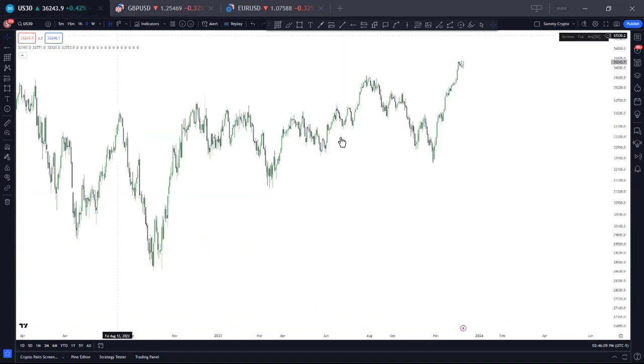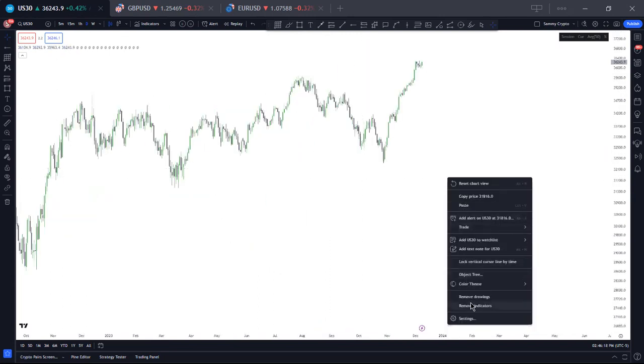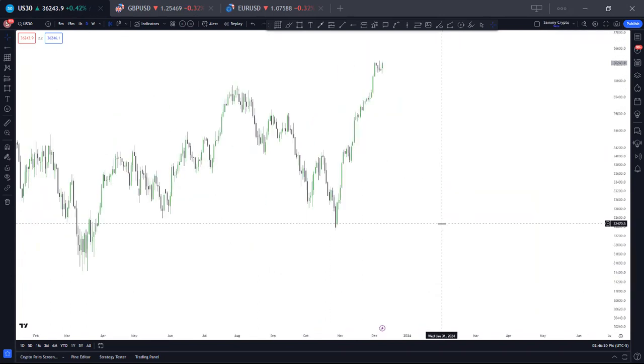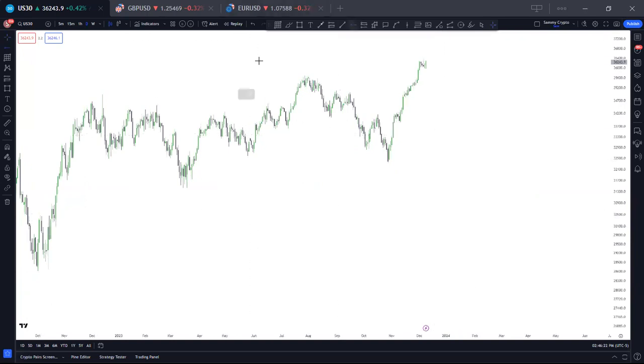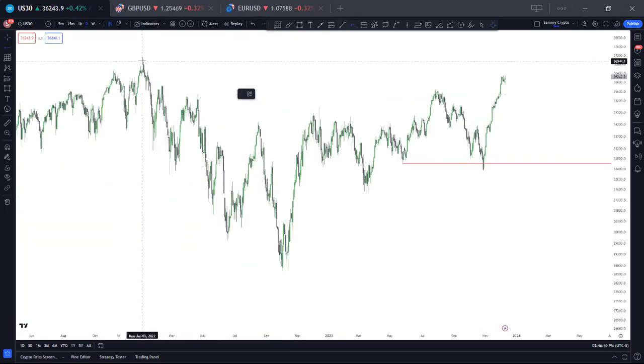Now let's look at US30 before we look at NASDAQ. So US30, this is the daily time frame, right? And this is the daily time frame on US30. I think I've cleaned the annotation, but this was what we discussed previously on a previous webinar. Price comes for this sell side liquidity, then you can see we start buying, and price goes forward for the original liquidity, which is this